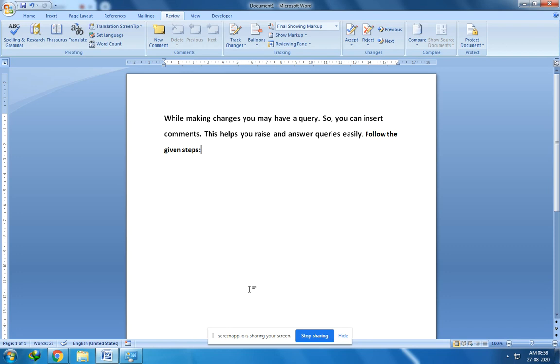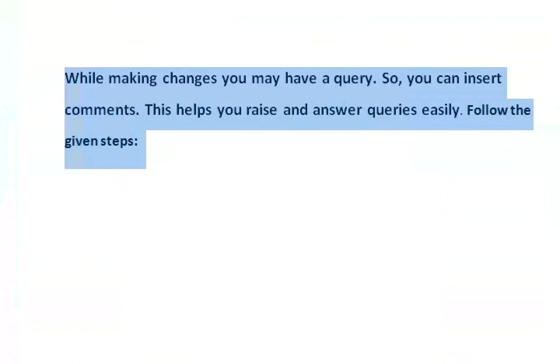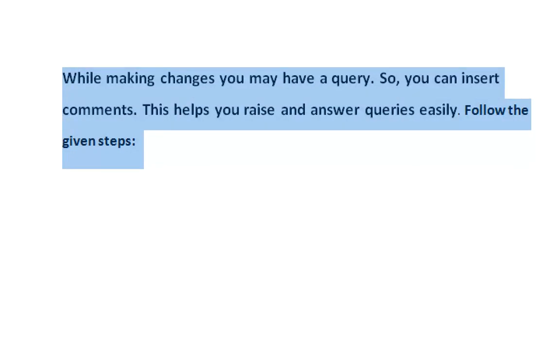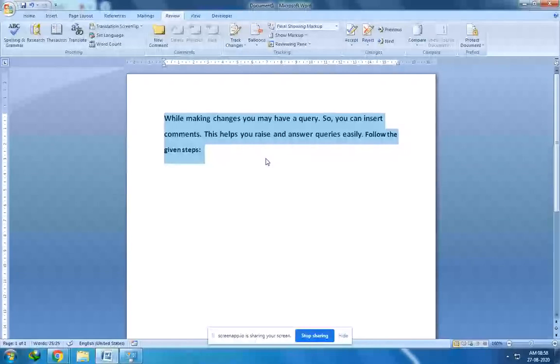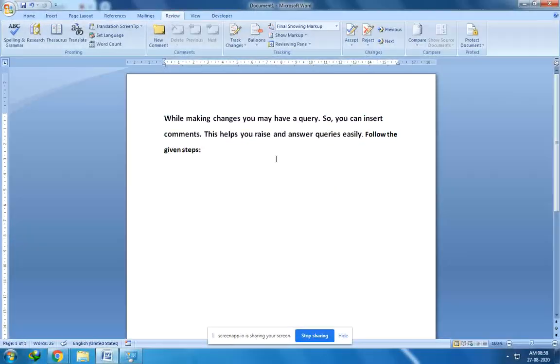So you can see this is the interface of a Microsoft Word document and I have written a simple paragraph. I hope you can read this content. When I zoom out the document, then also you can see the content, right? So I will tell you how to insert a comment for a particular paragraph or a section of a paragraph.